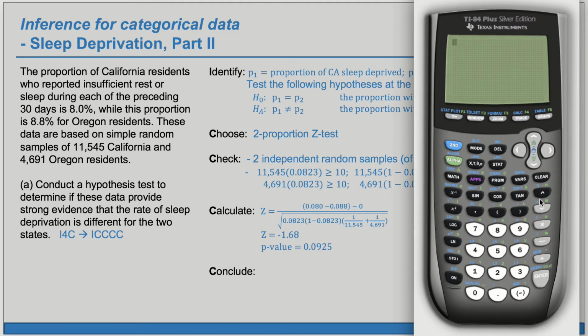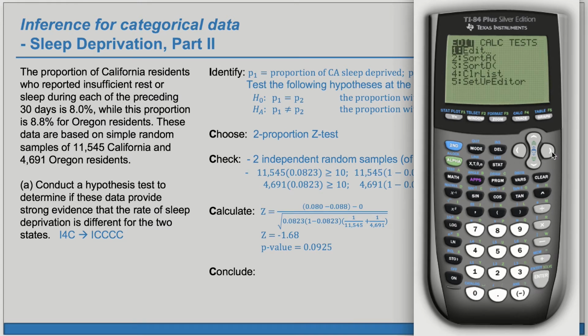I'm going to use a shortcut on the calculator. Okay, so in order to get this, we're going to go to Stat, over to Tests. We're looking at 2 proportion z-tests, so we're going to go to 2-PropZTest. And now x1 is the number of yeses. So we're going to take 8%, 0.08. We're going to take 8% of the